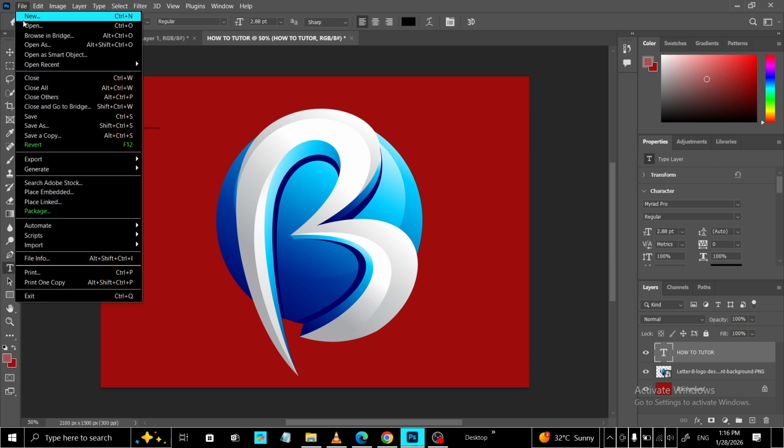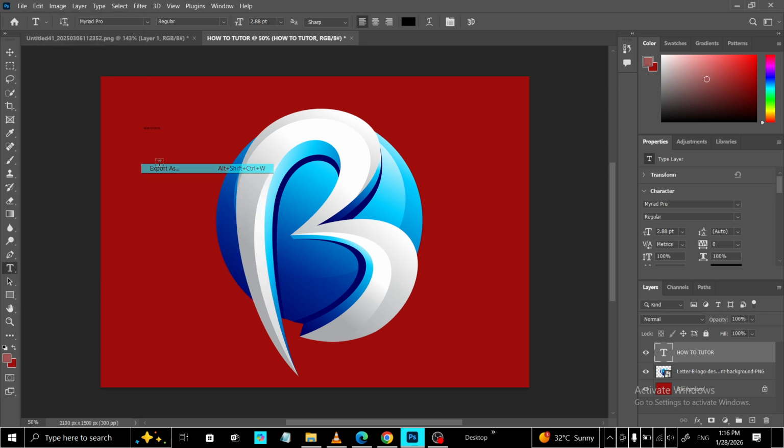Finally, save and export. Save a PSD file so you can edit later. For sharing or printing, export as JPEG, PNG, or PDF. JPEG is great for photos, PNG for crisp graphics or transparent areas, and PDF is often preferred